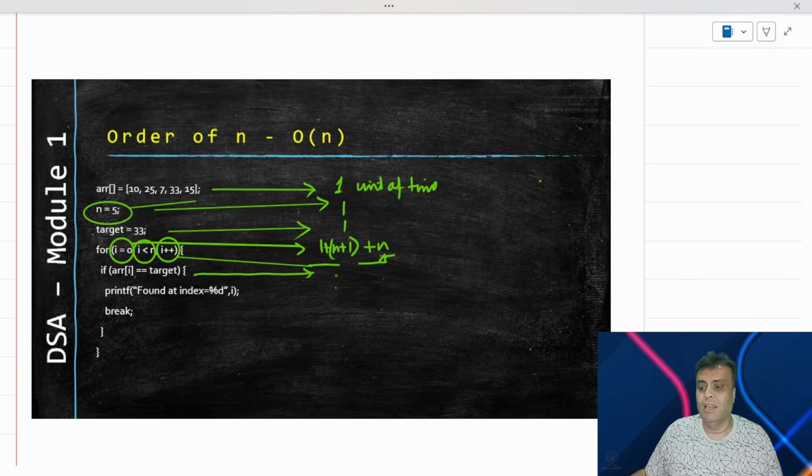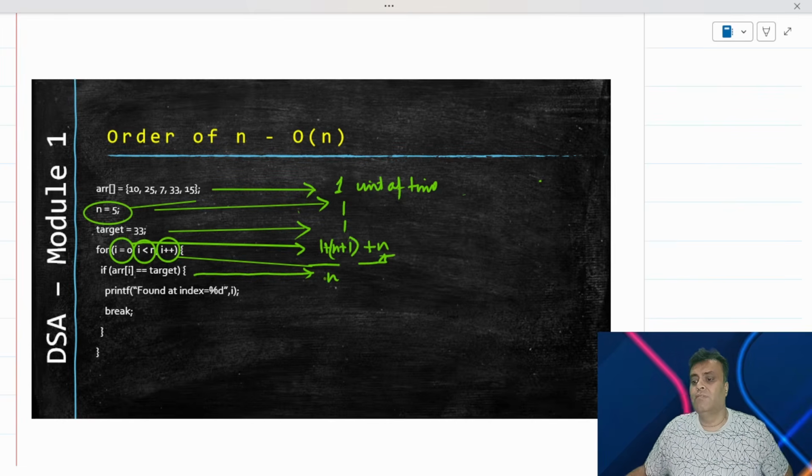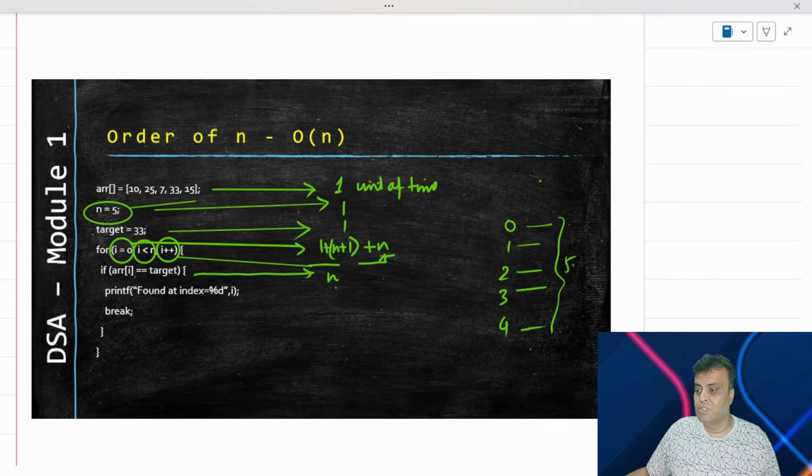On this particular line, arr[i] equal to target, this line executes itself for n number of times. It will execute itself for 5 times. However many times this particular line runs, the same number of times this will run, right? So we know about that. If this is 5, it goes from 0, 1, 2, 3, 4. Every time it will enter the loop. Each and every time it will enter the loop. So how many times does it enter the loop? It enters the loop 5 times. So this executes itself n times. This executes itself n times. This executes itself n times. Right?